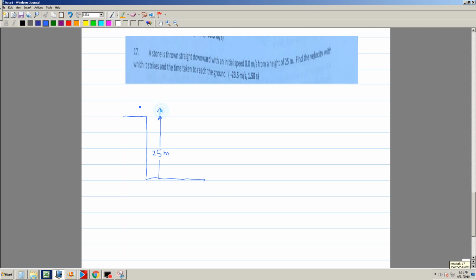Okay, in other words, let's start here. You're here, and you throw the rock in that direction. Okay, so this is 25 meters, and when you throw it downward, you throw it with the initial velocity